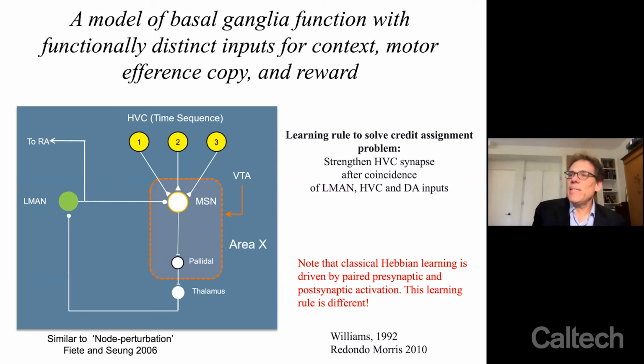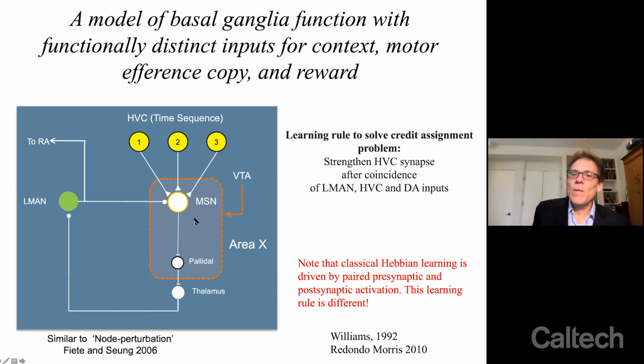And that is that coincident activation of L-man input, HVC input, and VTA input leads to a strengthening of precisely those HVC synapses at which the coincidence occurs. And notice that this is not just classical Hebbian learning that's driven by paired pre-post activation. This is a different learning rule that requires 3 different factors.